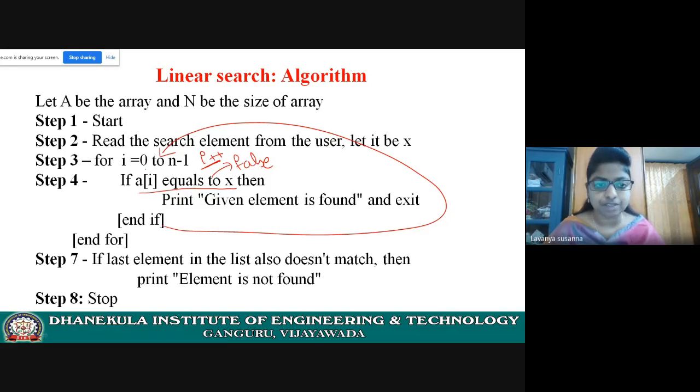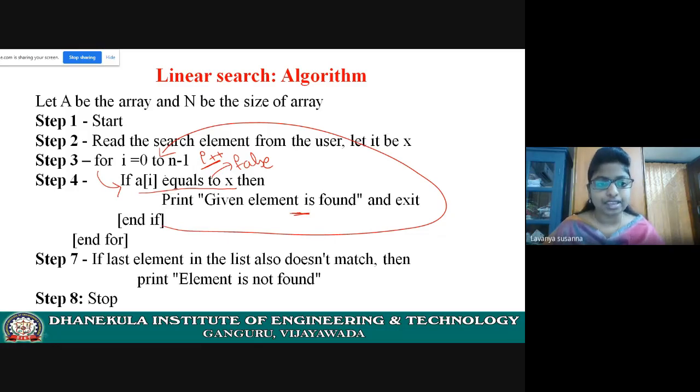What is the previous value? i is 0. 0 plus 1 is 1. Now again control comes inside the for loop. If a of 1 equal to x, a of 1 means the next element. You are comparing with the next index element. If it is true, this statement will execute. If it is false, again control goes to the for loop. Again i plus plus. Now i becomes 2.